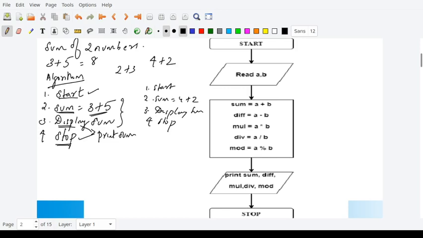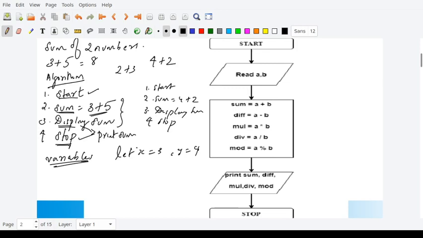In order to do that, we will use variables. This is the same concept that we use in maths. You will say let x is equal to 3, y is equal to 4. You can change the value of x anytime, right? And when you change the value of x and y, the result of the equation will change. Similarly, we can use variables for algorithms. So instead of using a constant value to write the algorithm, you will use some variables.